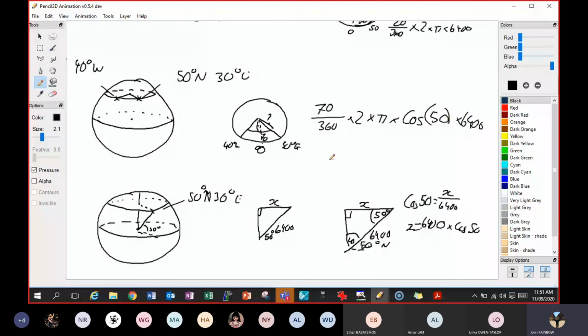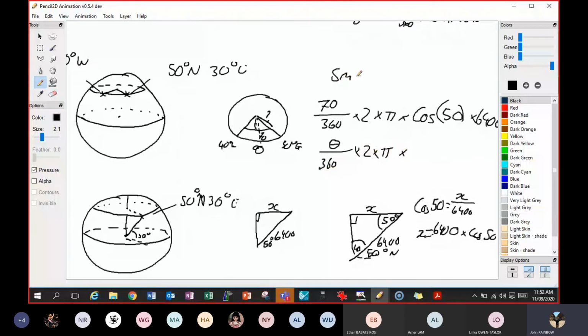So what you'll find in Enrollo is they give you this formula: the angle between your 2 points over 360 by 2 by pi, and this is only for smaller circle, guys. I mean, you can use it for everything. By cos,